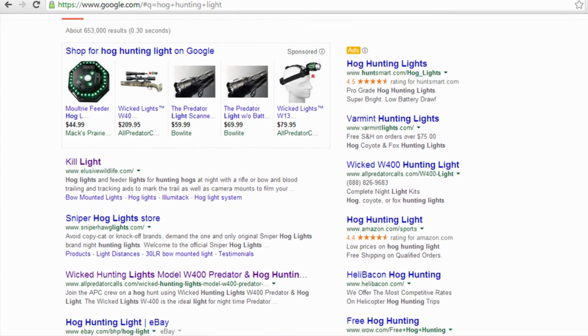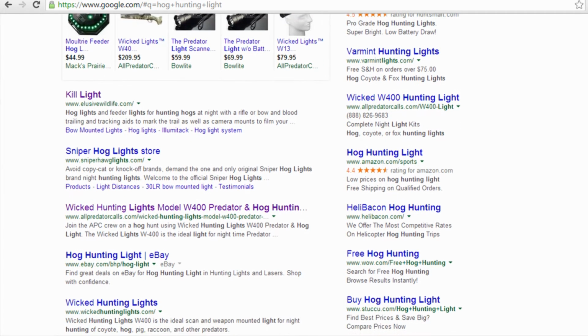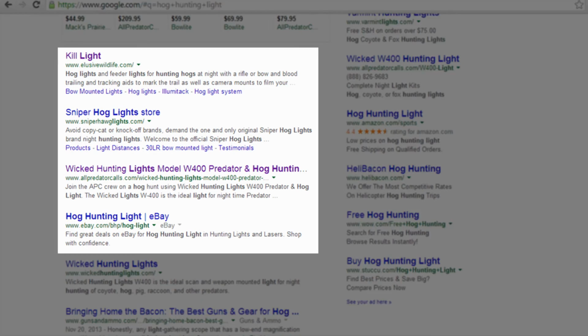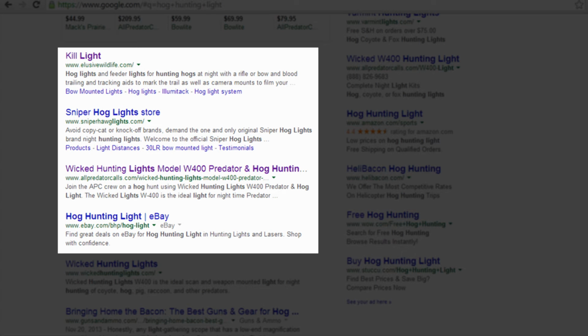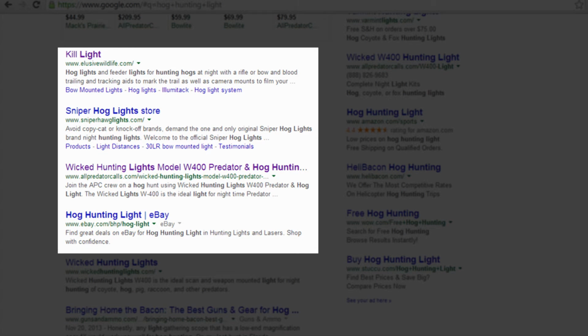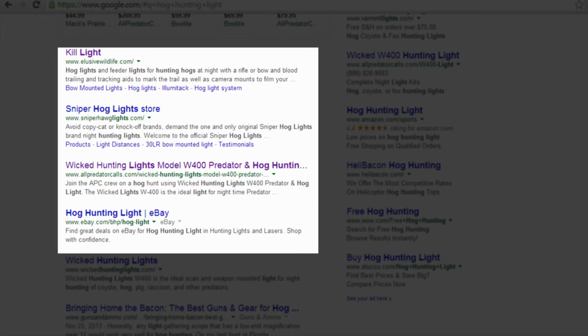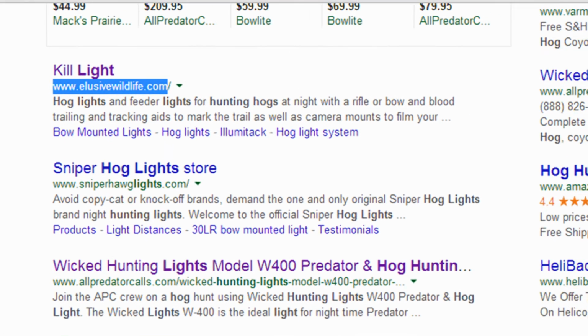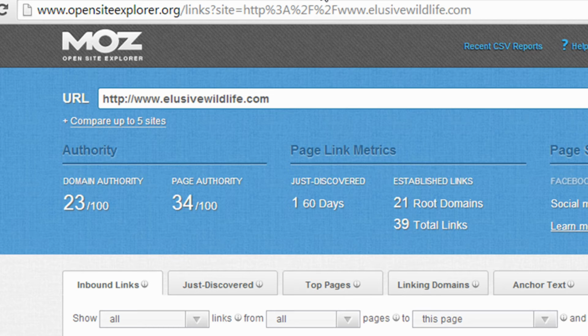So one of the first things I would do is look at the competitors that are currently on the first page of Google and kind of look at their link profile, see how many people are linking to them, just to get an idea of how competitive this keyword is. So typically what I would do is copy the URL of the first 5 competitor sites that are ranked on the first page of Google, and I would go to a tool called Open Site Explorer, and you can find it at